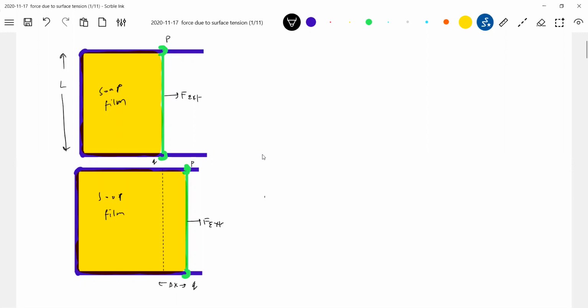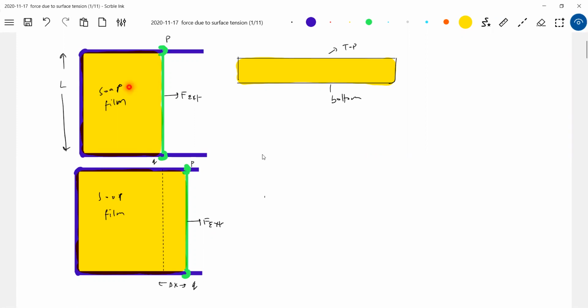From where will these additional molecules come? Again, you should have this imagination. What is this soap film? It will be very thin. If I plot it, it will appear like this. It will have two surface areas. This will be the top, and this will be the bottom. What you are seeing is the top one. The bottom one will be on the other side, and there will be molecules. Able to imagine, all of you?